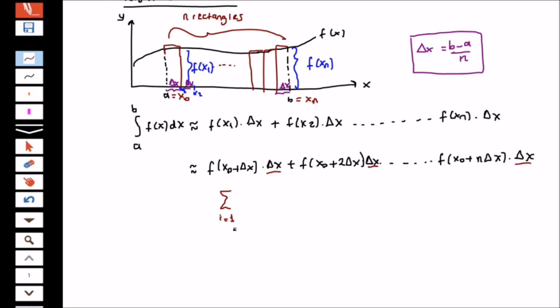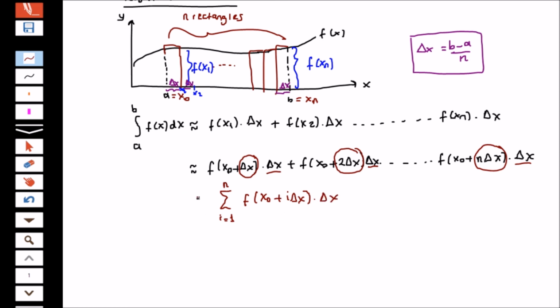And I would like to use the index for the coefficient of delta x because I have delta x here, but in the second term I have 2 delta x, and the last one I have n delta x. So I represent the coefficient of delta x. The last value will be n because the last value is n times delta x. So inside I will write f of x0 plus i delta x times delta x because I have a multiplication of